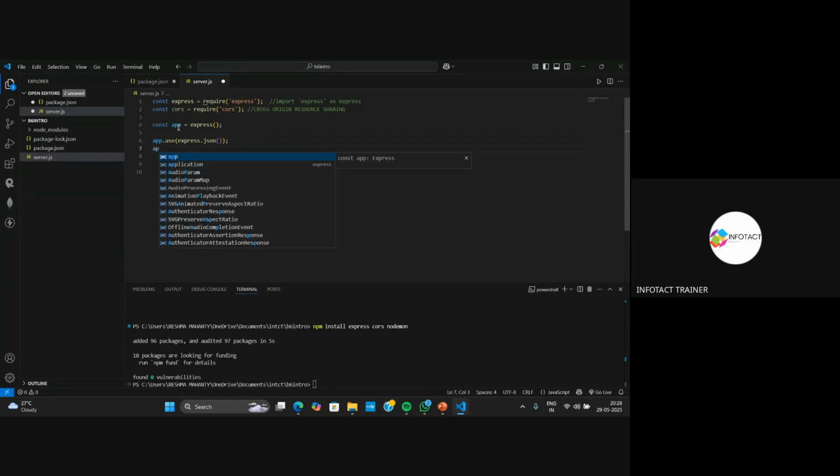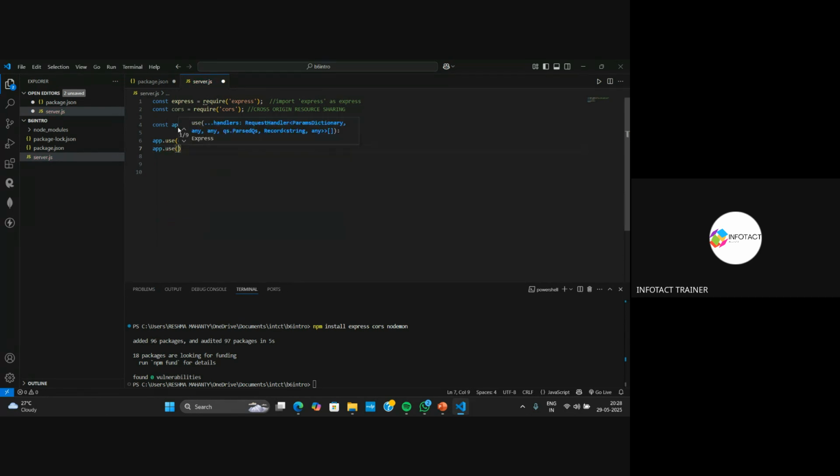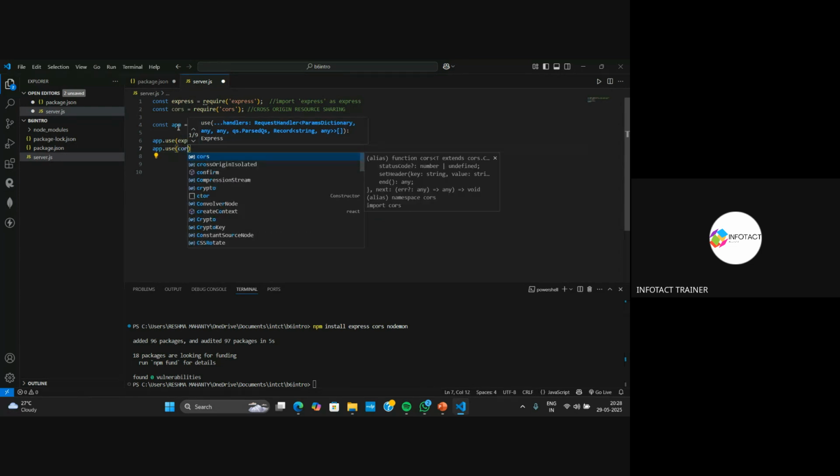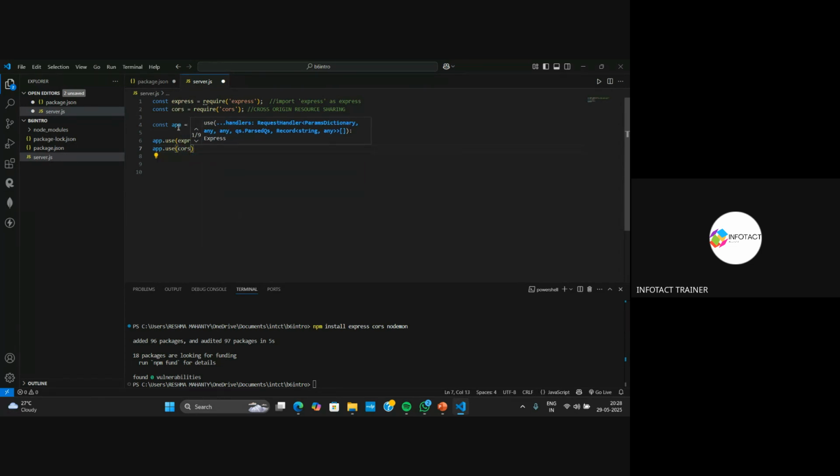And after that, we will use app.use cors. That's it. So these are a couple of middlewares that we use in order to convert the data into JSON and to pass the request from the cors to the server. And then what we will do, we will write the port number,